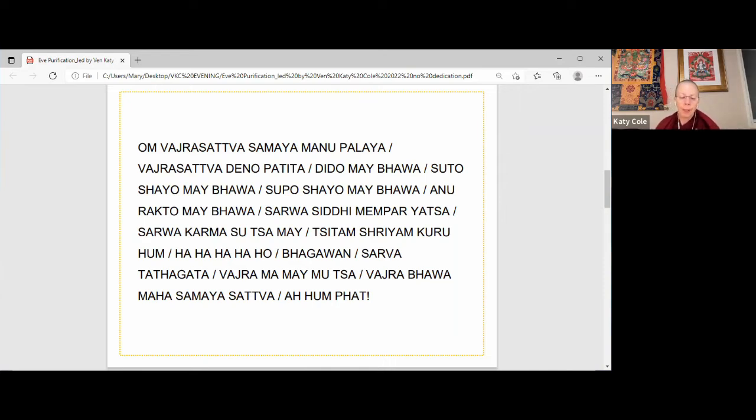Om Vajrasattva Samaya Manupalaya Vajrasattva Dina Patita Dida Mebalwa Sutokaya Mebalwa Supokaya Mebalwa Anarakta Mebalwa Sawasidi Mimpiyatsa Sawa Kama Sutame Sitam Shriyam Kuruhum Ha Ha Ha Ha Ho Bhagavan Sawa Tathagata Vajramame Mudza Vajrabawa Mahasamaya Sattva Ahom Pe Om Vajrasattva Samaya Manupalaya Vajrasattva Dina Patita Dida Mebalwa Sutokaya Mebalwa Supokaya Mebalwa Anarakta Mebalwa Sawasidi Mimpiyatsa Sawa Kama Sutame Sitam Shriyam